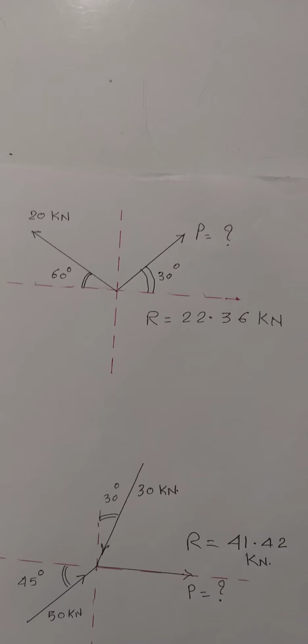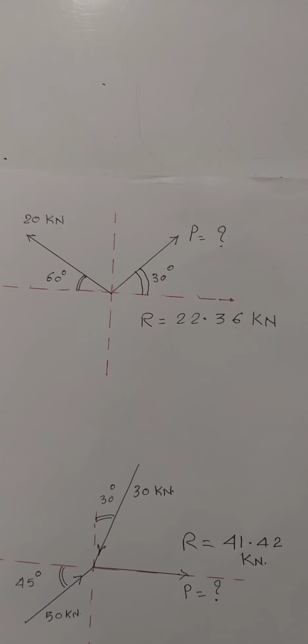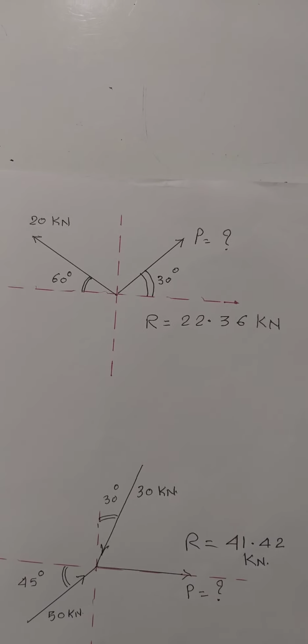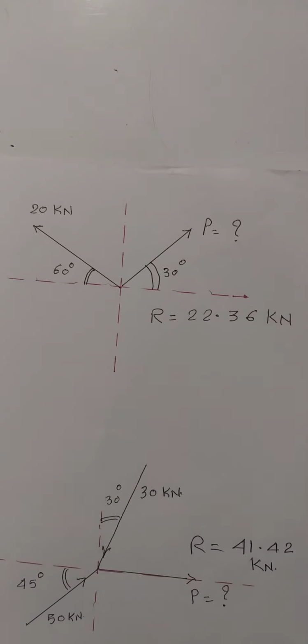Up till now, we were just calculating the resultant when a number of forces are given. But this time a typical type of problem is given. We are solving such type of problem in which the resultant is given and one force is unknown. First of all, we will only consider two forces.